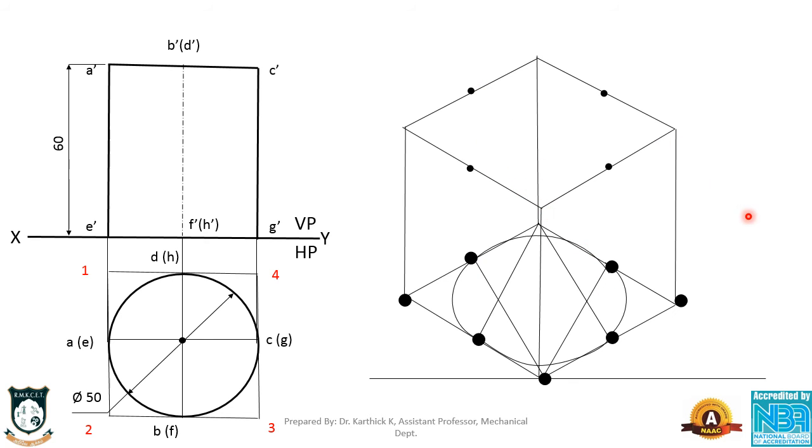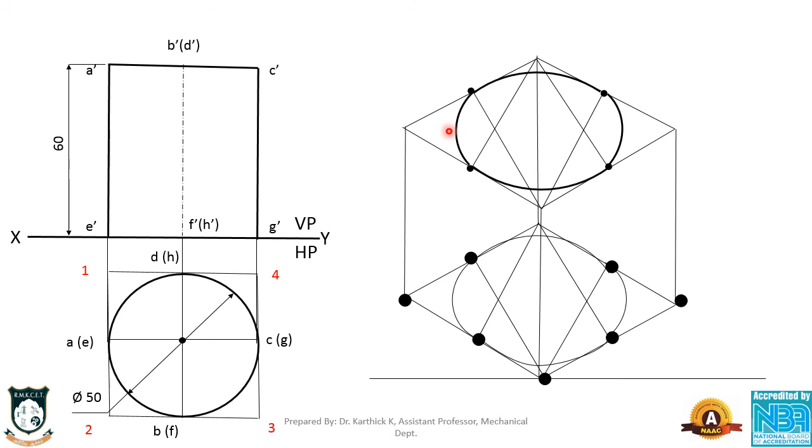the same procedure should be followed to draw the circle in the top also. First we have to mark the center for all the 4 lines, then you have to draw this line like this, then keep this as center, this as radius, draw the arc, and this point as center, this point as radius, draw the arc, and so on. So we have completed this bottom portion and top portion.